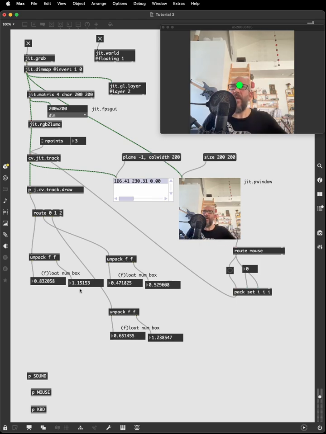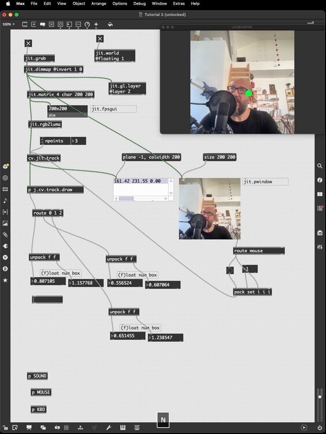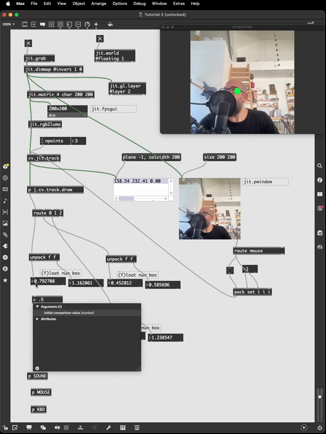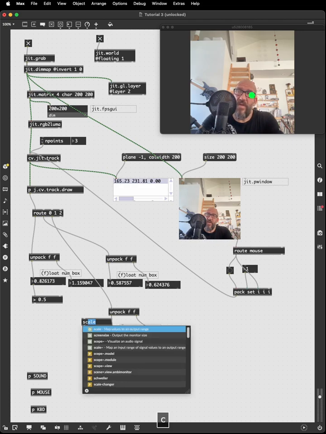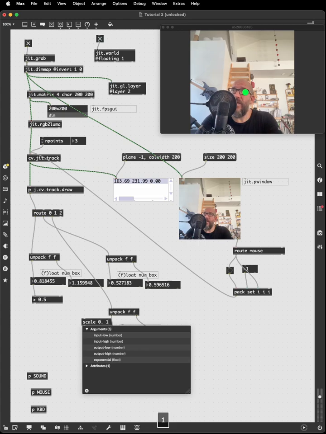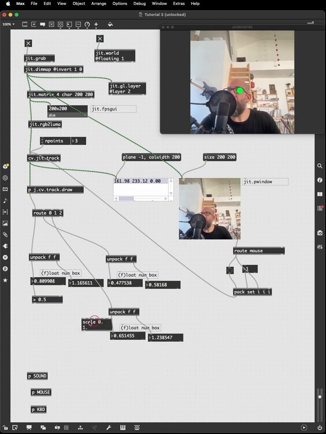And so you can use the green dot on my face. Just move it to my ear. You can take this information and apply it to anything. Volume, pitch. You can use the greater than and less than to set thresholds. So for instance, when the dot is on the right of the screen, do something. And these values are what we call normalized values. They're between 0 and 1, so it's very easy to scale them with scale, where 0 to 1 corresponds to whatever